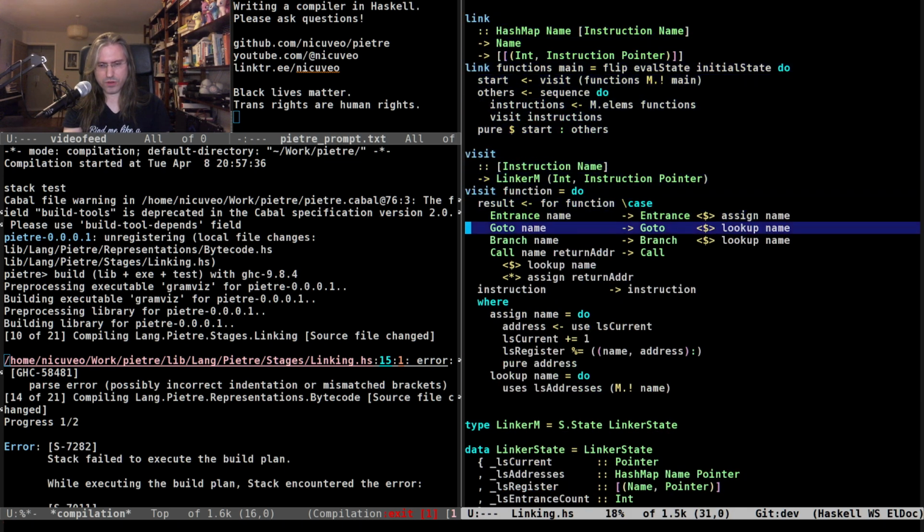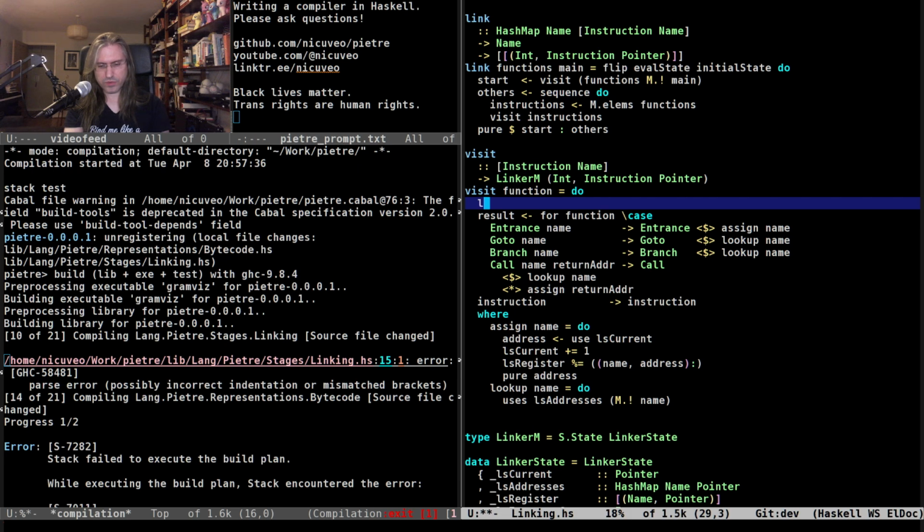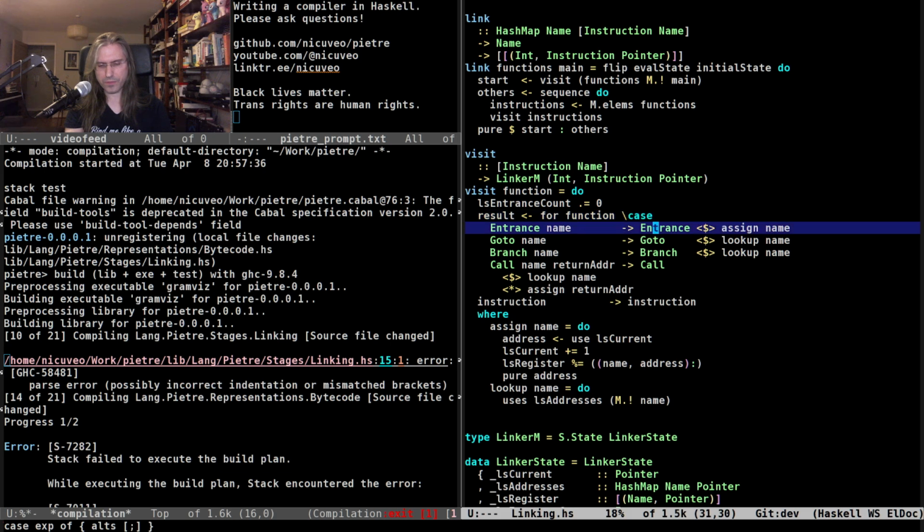Which means here I can set the address count, entrance count. What's the operator I want? Is it dot equal? I think it is dot equal. Say that's 0.